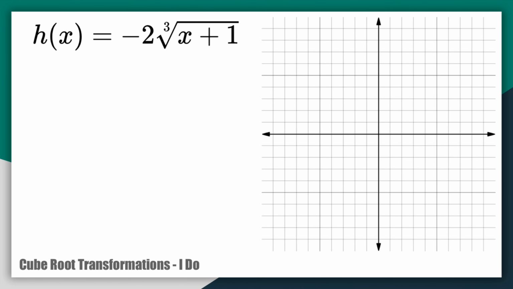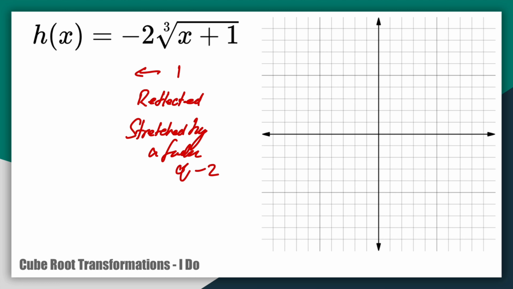Very, very similar. We have no up or down. We have a plus 1 inside, so that's left 1. We have a negative 2, so it's reflected. Oh, that was too, wow. Let's redo that. Reflected and stretched by a factor